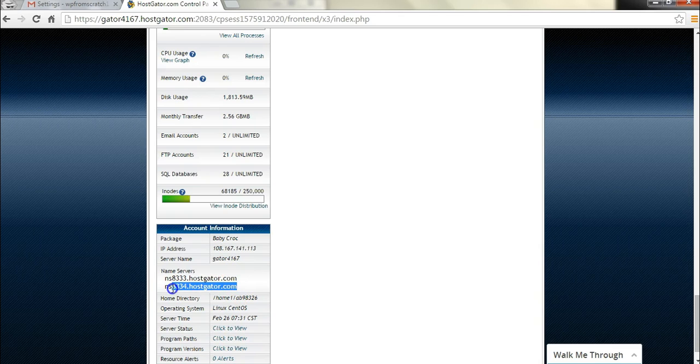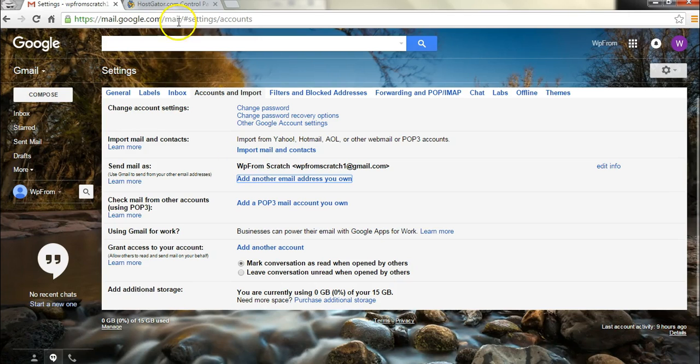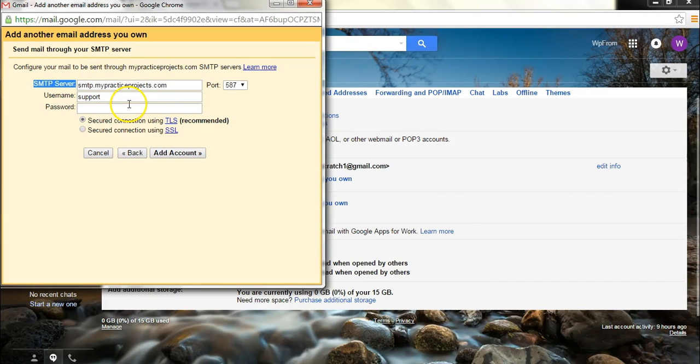It says ns8333.hostgator.com and ns334.hostgator.com. In this case, we're going to want to select the second one of the two, and so make sure you select this second one, and we'll copy it back in to the other tab here